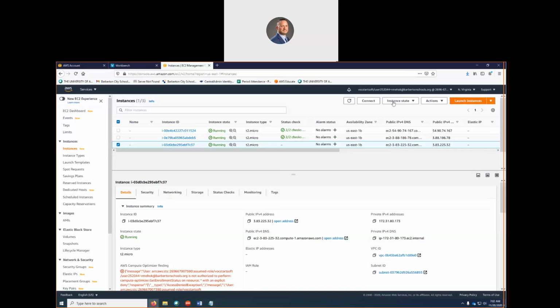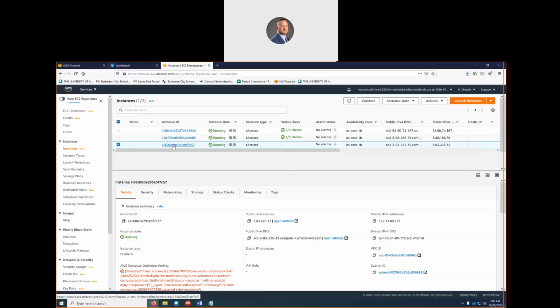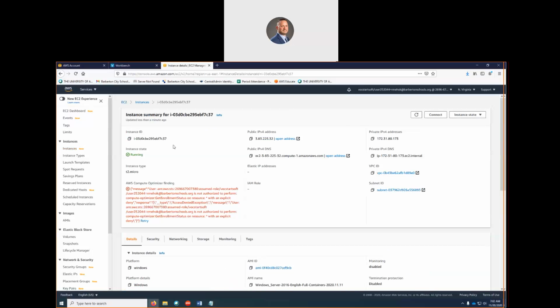Now we're going to do, if you click on the instance, and by the way, down here is your public DNS entry. So when we get done, we're going to need this also. So I can copy that, also put it in this text file. So I'm going to have all my pertinent information in a text file, because if I'm running 5 or 6 VMs, I'm going to get confused. So go ahead and click on your instance. And then we can do connect right here. So we'll do that. Let's see if the password's ready.